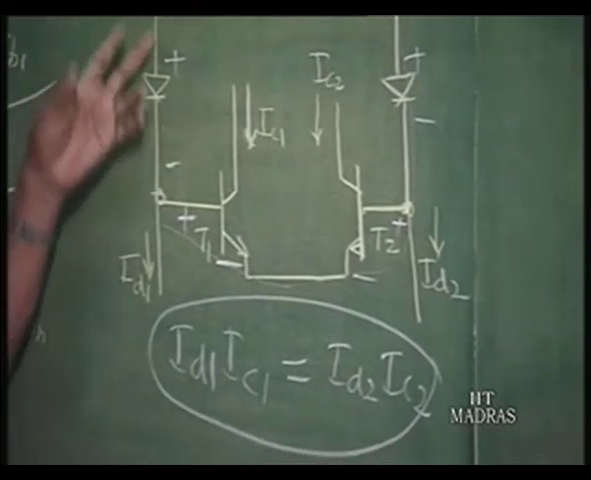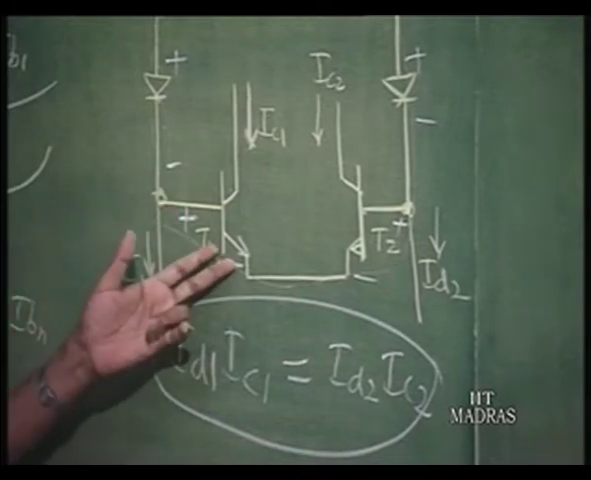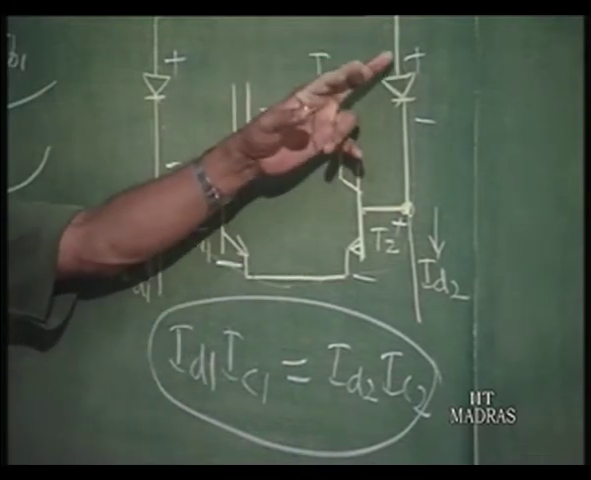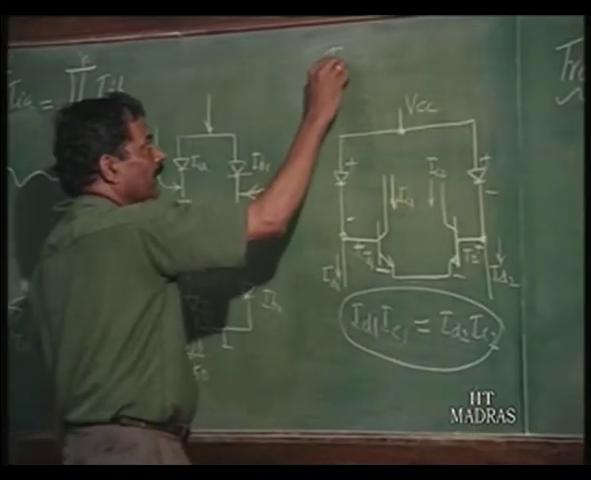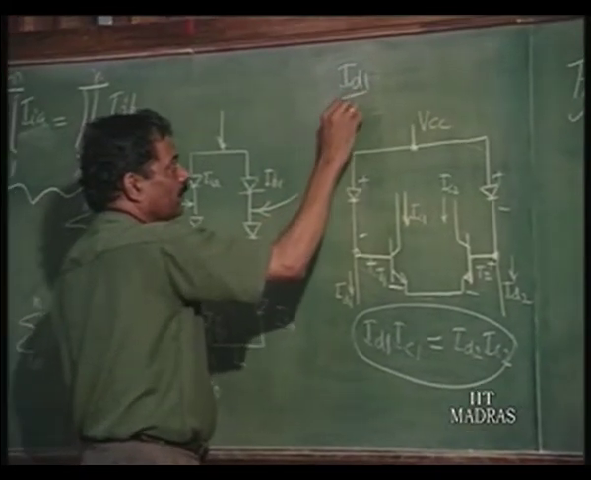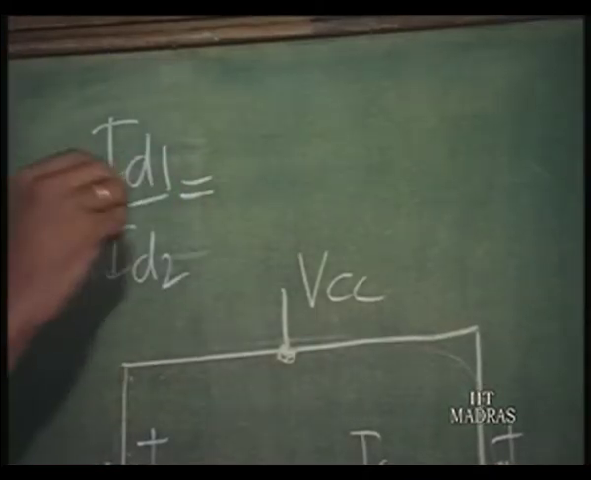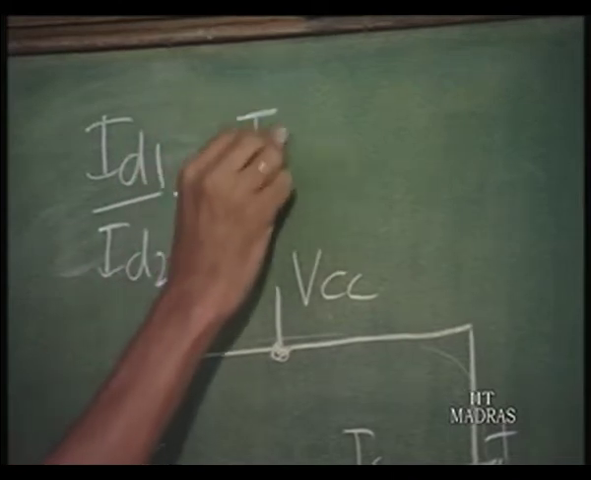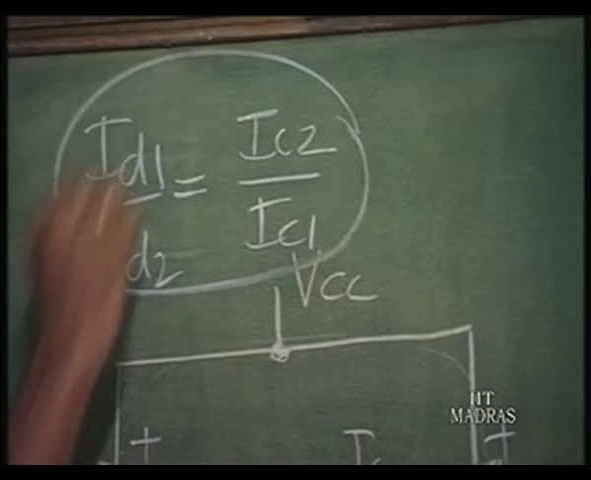The product of the current of the diode into the corresponding transistor is equal to the product of the current of this diode into this transistor, or I d 1 by I d 2 is equal to I C 2 by I C 1. This is valid